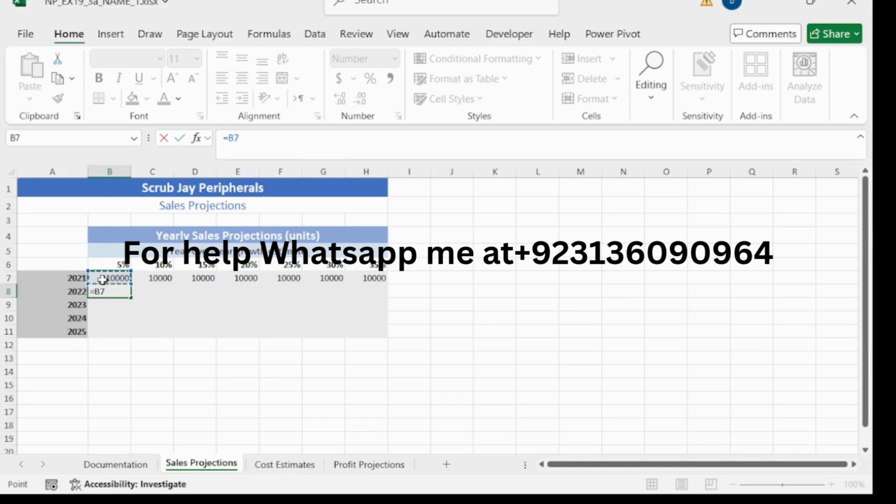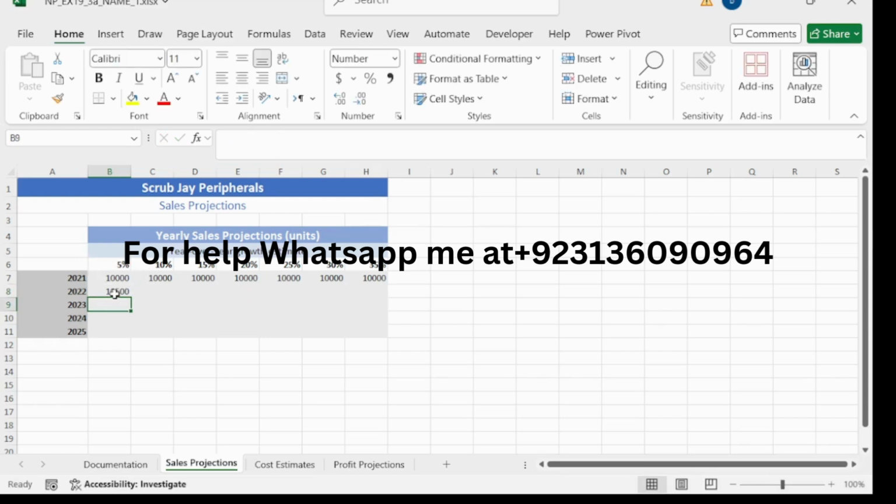So multiply this by B6 and then add the value in cell B7 to select, then again B7 plus B7 and use a mixed reference for cell B6 by including an absolute reference to row 6. So in B6 use a $ sign for absolute reference and then press enter